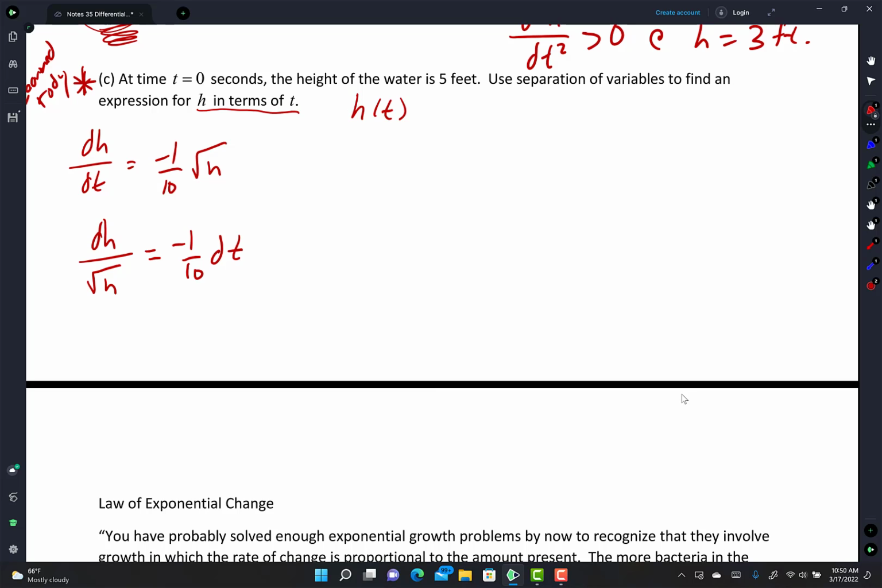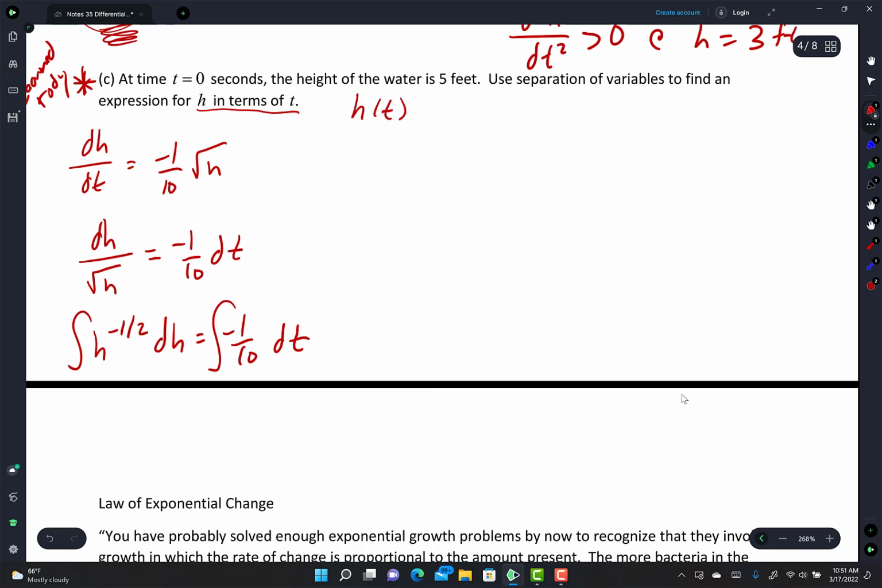I'm going to rewrite it so it's simpler. Here we go. I'm rewriting it, guys. I haven't taken the integral yet. I'm going to write h to the negative half dh equals negative 1/10 dt. Are we still okay? Now I'm going to integrate. So here we go. h to the negative half, add 1, divide by that number. So negative half plus 1 is a half, and then when I divide by half, that's the same thing as multiplying by 2. So there it is, 2h to the half equals